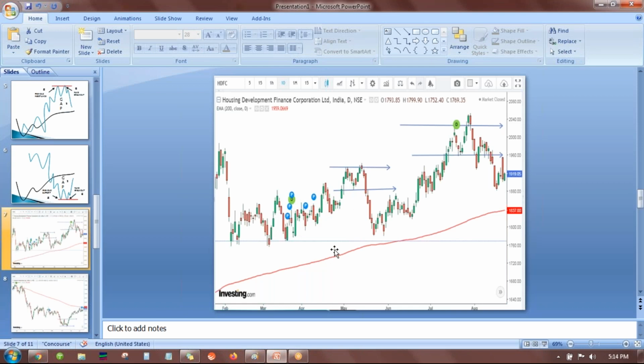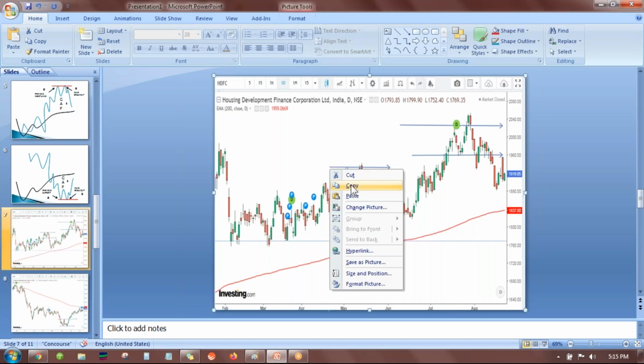Yeah, usually people start buying when the price moves above the 200 exponential moving average. You are right. Again, I'm talking about a reversal strategy. People start buying when the price comes near the 200 exponential moving average, not when the price is far away from it. For example, in this chart,